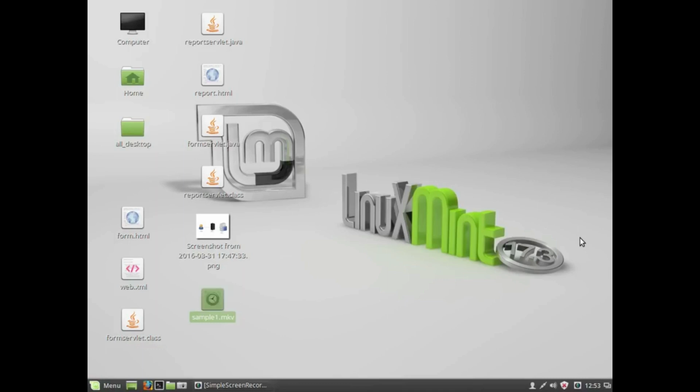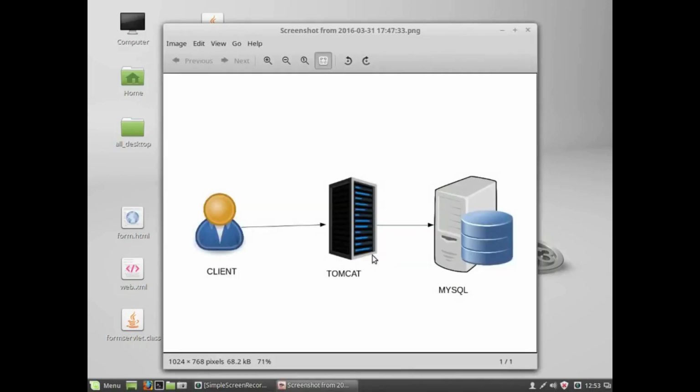This video demonstrates how to interact with MySQL databases using simple servlet programming. To do this experiment, in my machine, there is a Tomcat. This is a place where we host our servlet programs. That means compiled servlet programs, .class files, and there should be a MySQL database. So in my computer, Tomcat is available, MySQL is available.